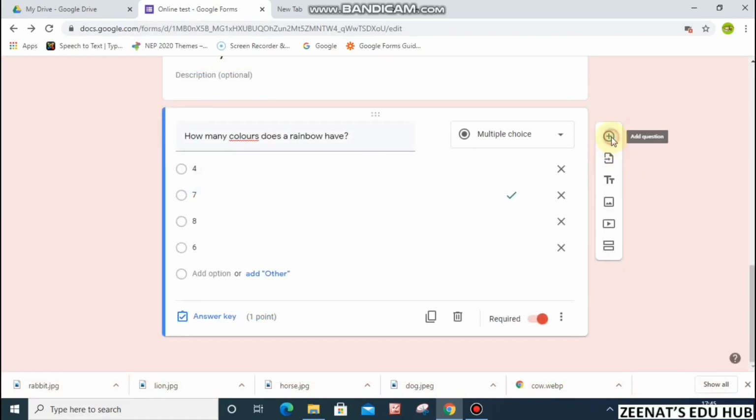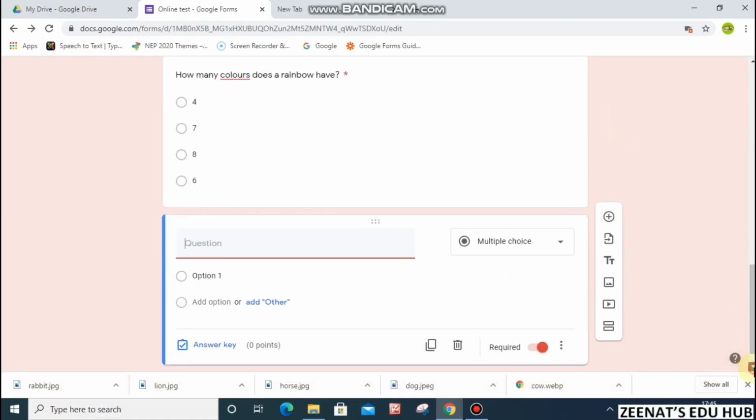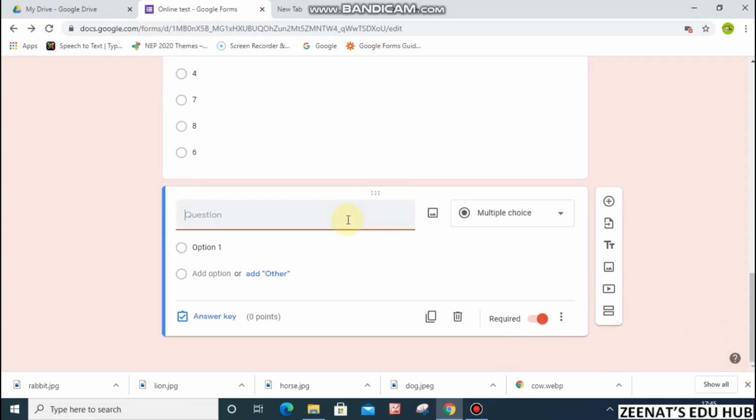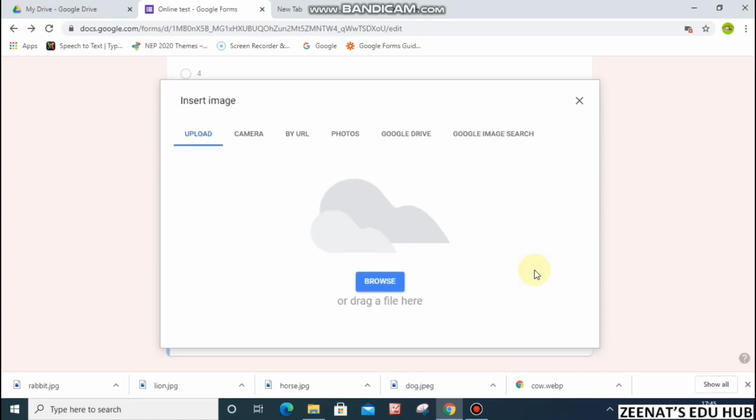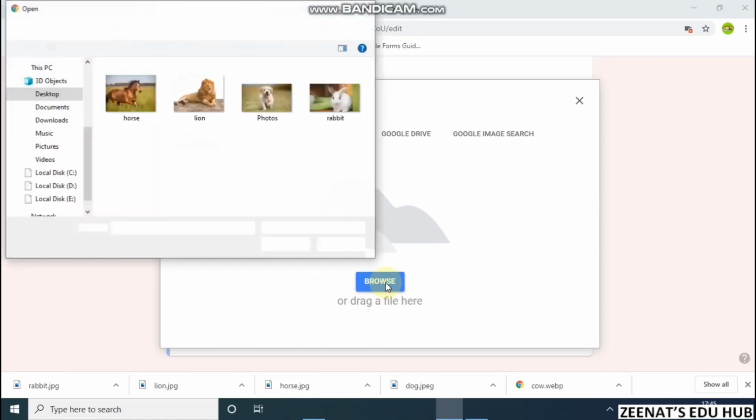Let's take another question with images in options. That is, can you identify the wild animal? For this, we'll click on the Add Image icon and upload the required images.